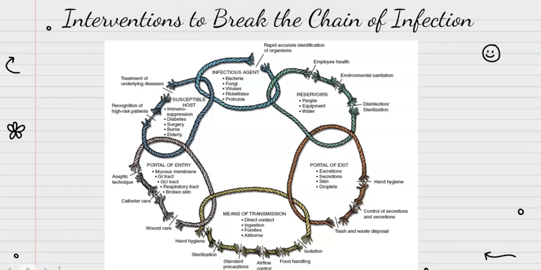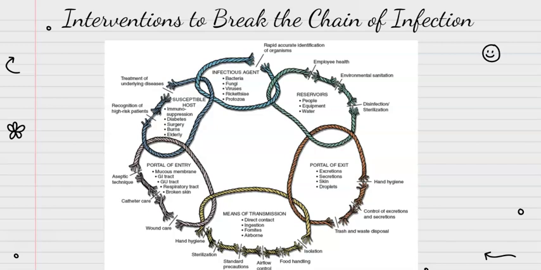For portal of exit, prevent the pathogen from leaving the host. Cover wounds, use masks, and practice hand hygiene to stop pathogens from exiting through body fluids, respiratory droplets, or the skin. For mode of transmission, disrupt the way the pathogen spreads. So obviously using proper hand hygiene, disinfecting, practicing safe food handling, and employing barrier methods like gloves and gowns to prevent